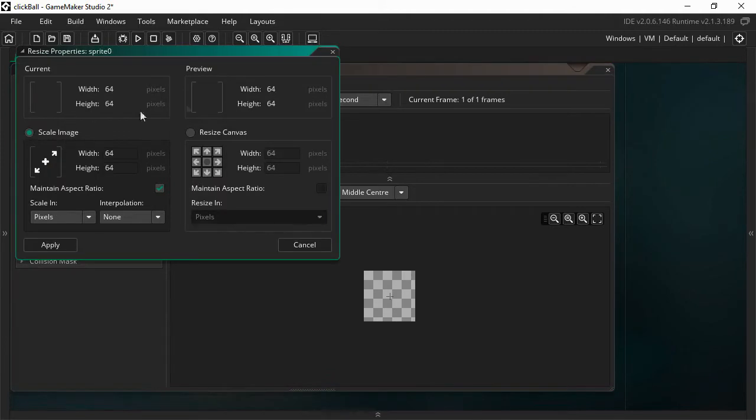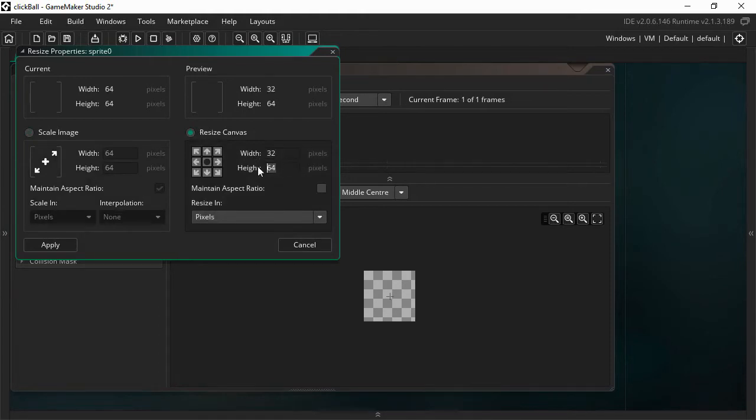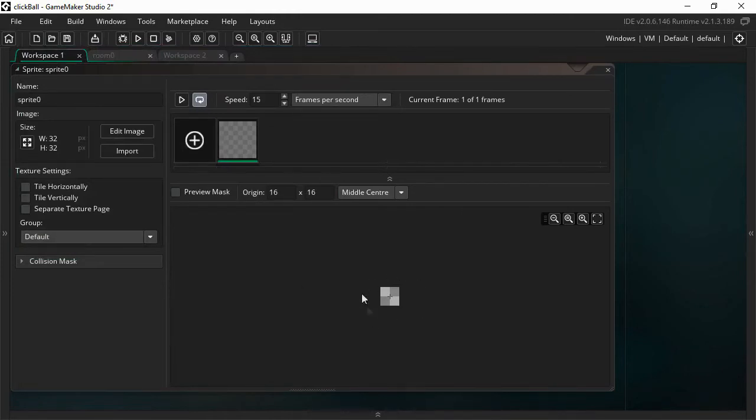So you click on this button and it gives you a resizing window. See, resize property. So here it says scale, and here it says resize canvas. We will choose resize canvas, and you can just key in your number 32 by 32. And make sure you are in pixels mode. You've got percentage and pixels, always stick to pixels, alright? Apply. And you see it has reduced in size. Now you can click on the edit image button,